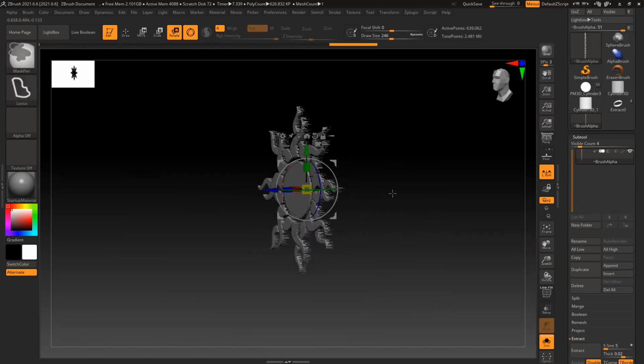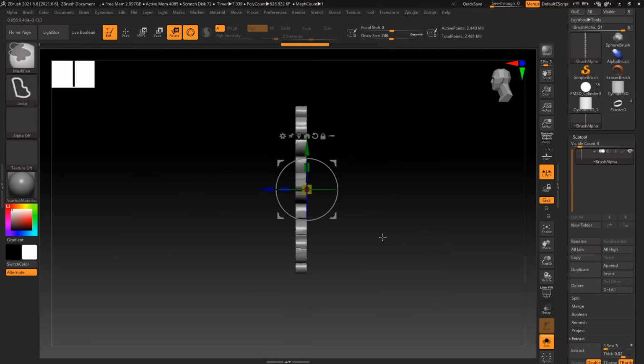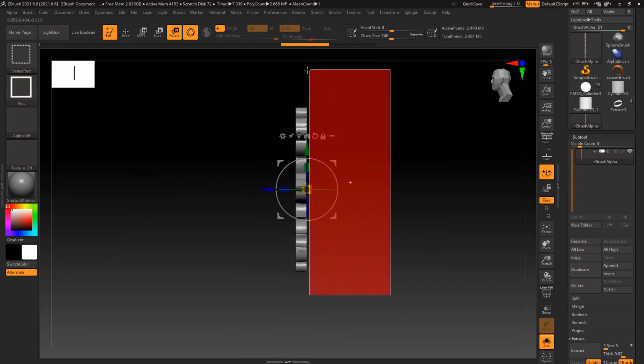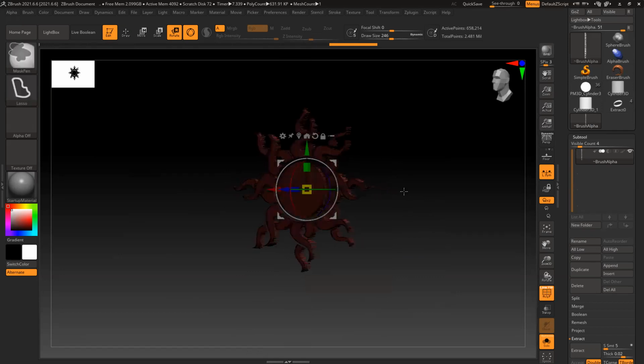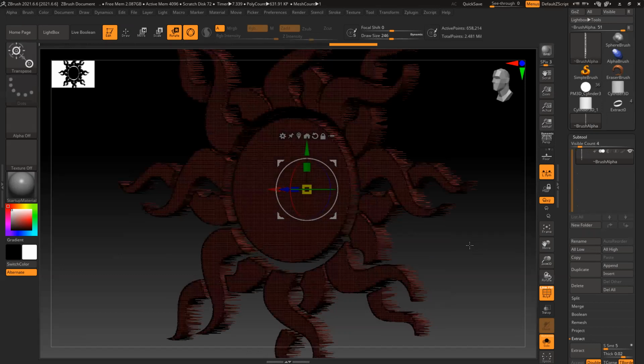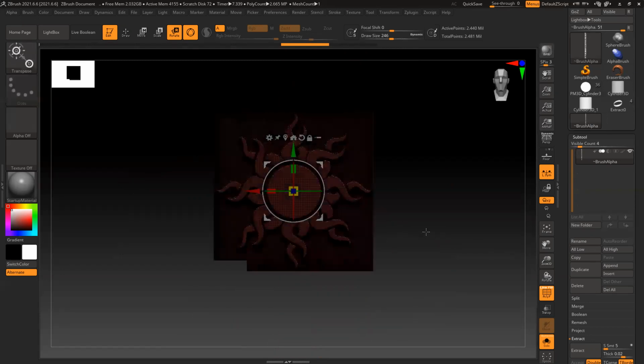That thing is gone, but let's keep it down. So one thing I'll do first is delete this section.